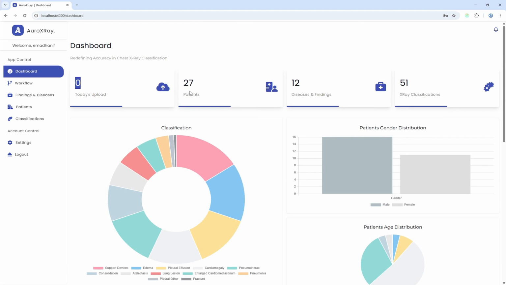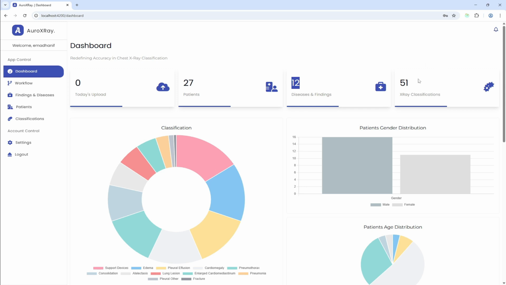Then patients, the total number of patients created by this user, as of now that's 27. The disease and findings count is 12. This reflects how many distinct disease classifications the Oro X-ray application supports.